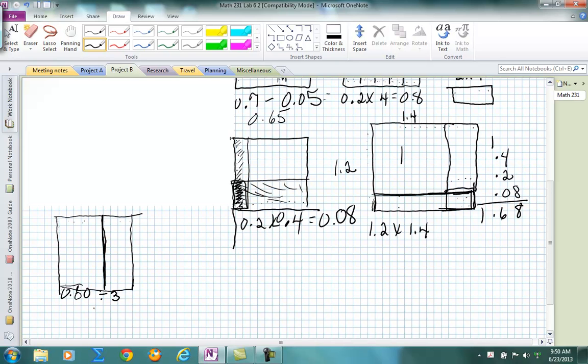And I know that I can make 3 equal parts and have 20/100 as my solution. So that's dividing a whole number into a decimal. So if I had 8/10 and I wanted to divide that by 4,